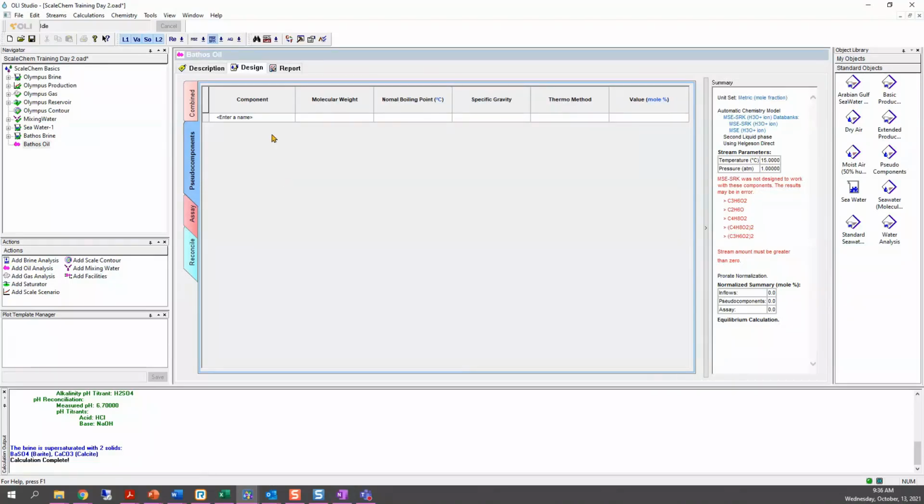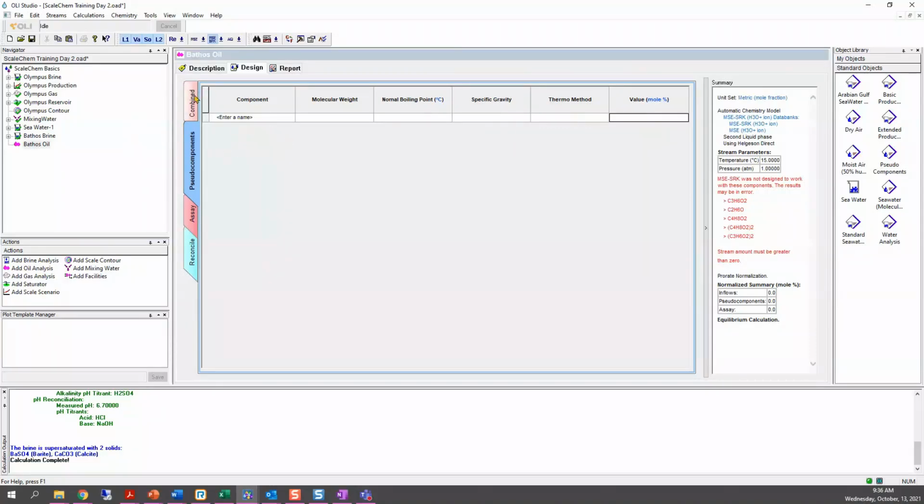What the software allows you to do here is enter those specific pseudo components with the molecular weight, normal boiling point, specific gravity, and the most important one, the mole percent. Again, you will need to use another thermodynamic tool to create those pseudo components, and then you come and enter them in here.